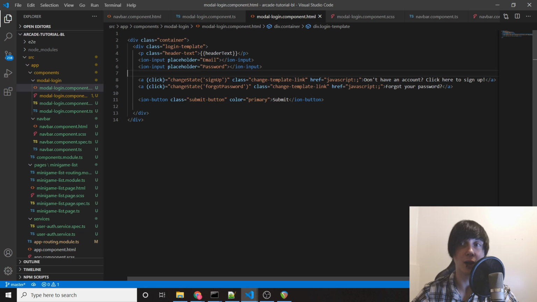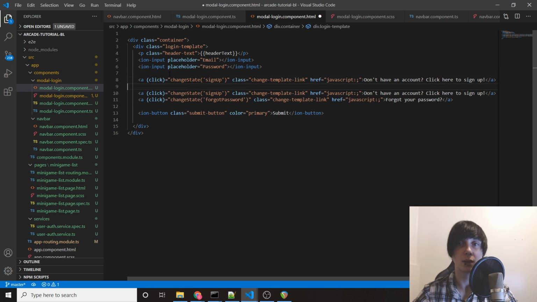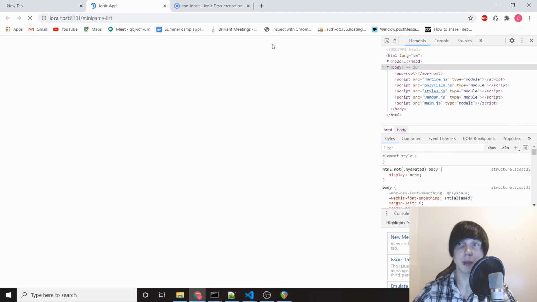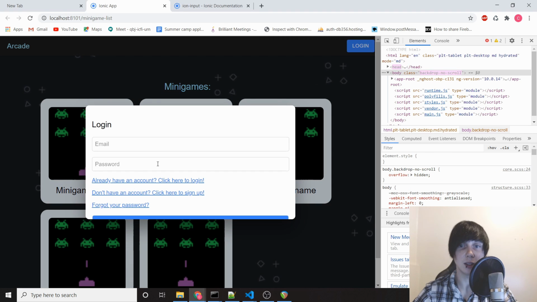Now we're gonna have another link that says change state login, and it's gonna say already have an account? Click here to log in. And now we'll be able to swap between all three states, oh, it didn't like that at all. It isn't fitting all three links in there. However, that's actually okay, because we're never gonna have all three links on the screen at one time,